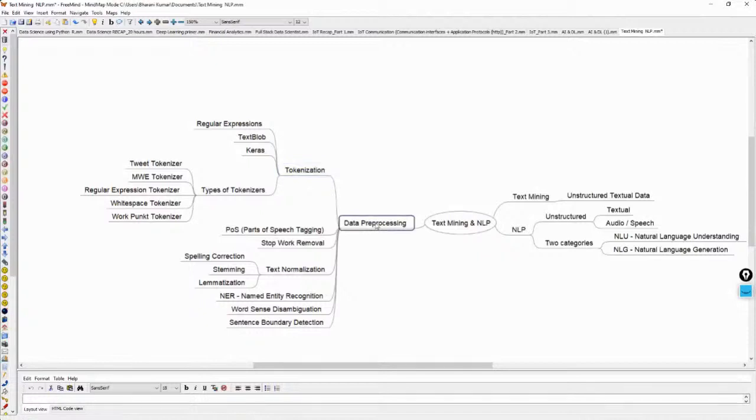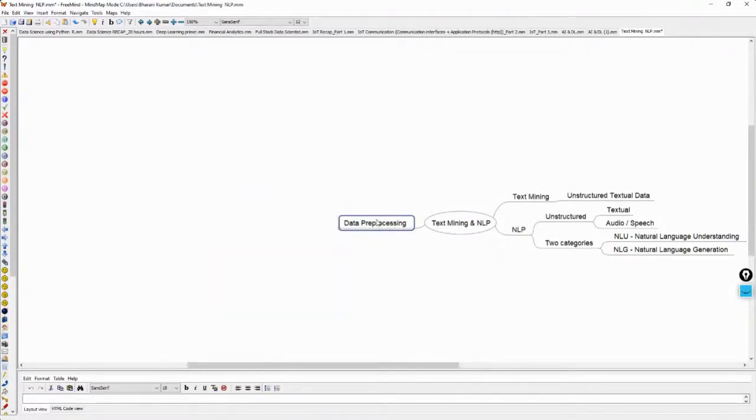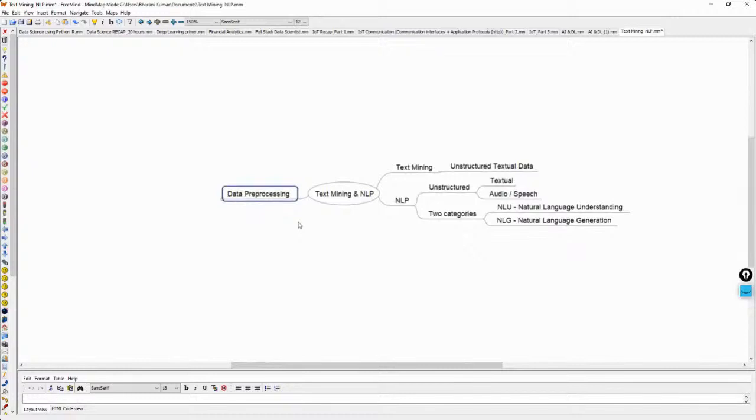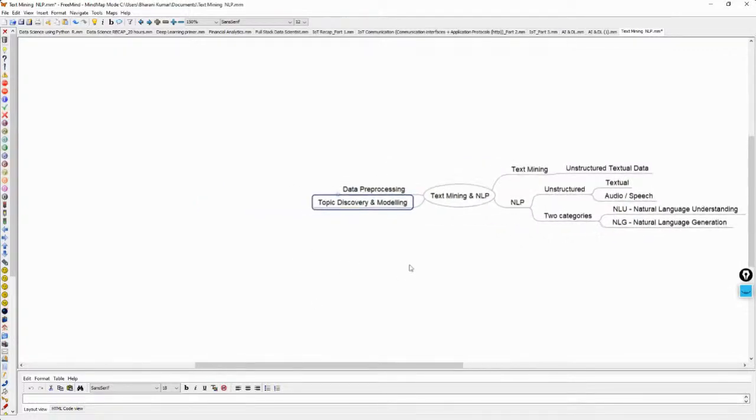Today we are going to take this discussion further and discuss something called topic discovery and modeling. When it comes to topic discovery and modeling, there are primarily two things. One is called LSA, which is also called LSI, and then we have LDA.